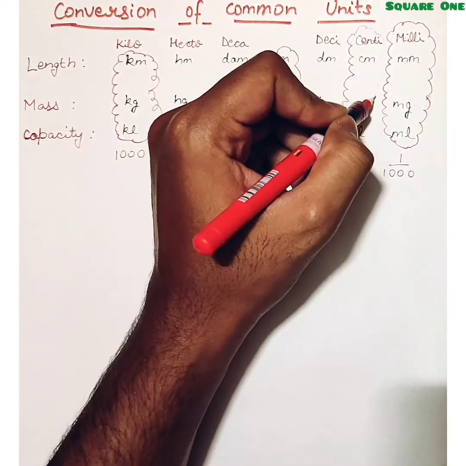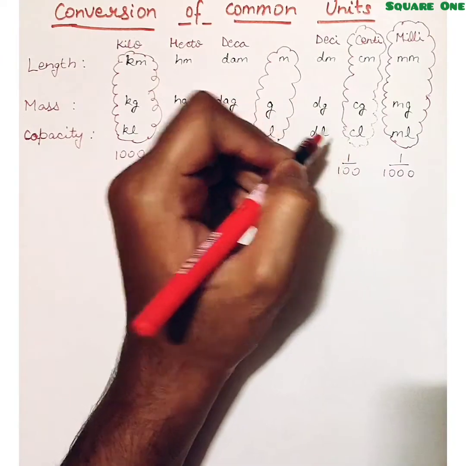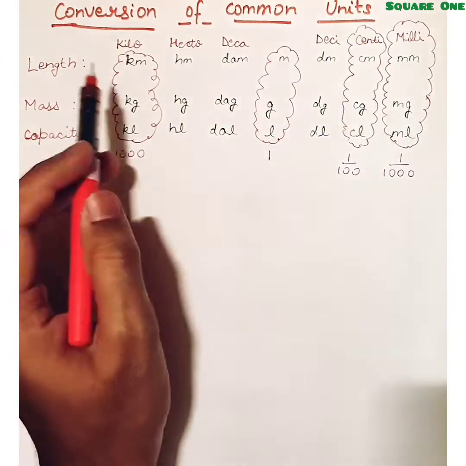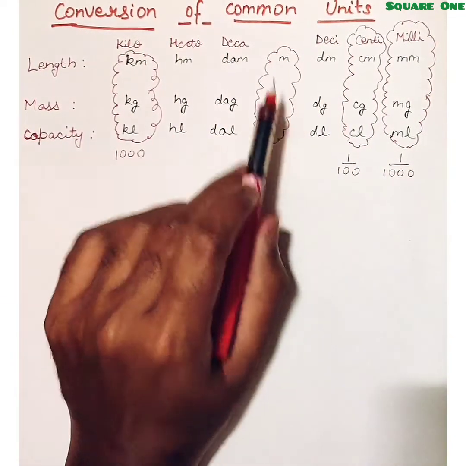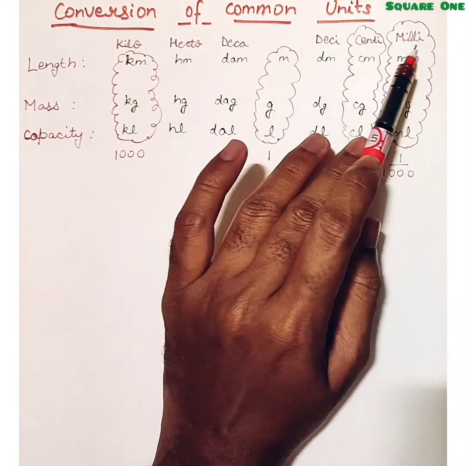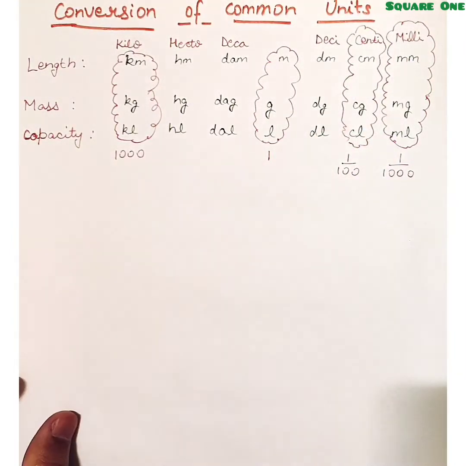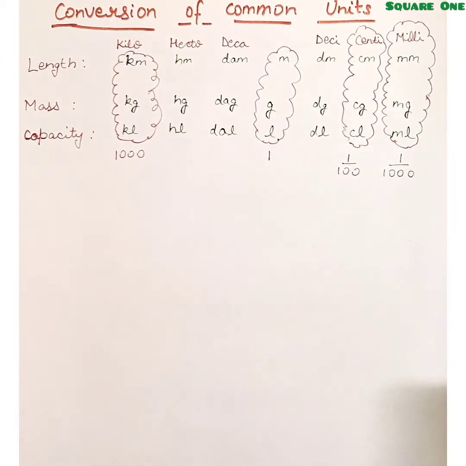These are the common units. So we are going to talk about the kilo ones, the middle ones, that is meter, gram and liter, the centi and the milli. These are the general terms that are used in length as well as in mass and in capacity. Now let us compare these common units.